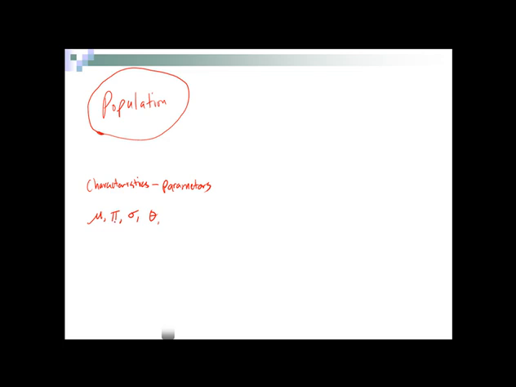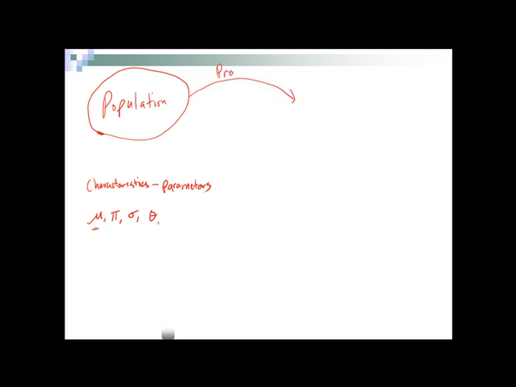Now the problem comes in that parameters, being characteristics of populations, are actually, at least if it's a large population, unknowable and unknown. So in other words, I can't know exactly what the average, or mu, is for the population unless I can take a census of the entire population. And that's generally not something that we can do for interesting populations because it's too time consuming, too expensive, and oftentimes by the time we're done taking the census, the population has changed. So instead of doing that, we are going to use